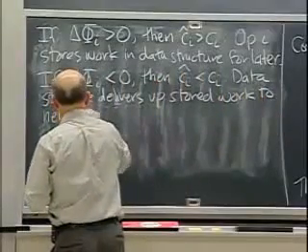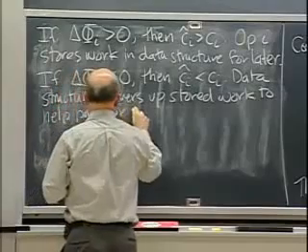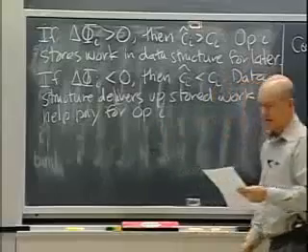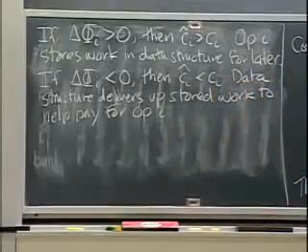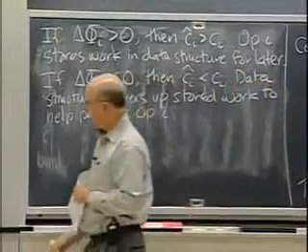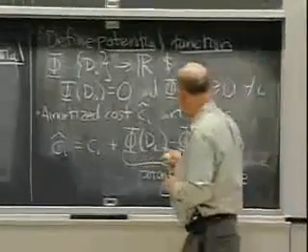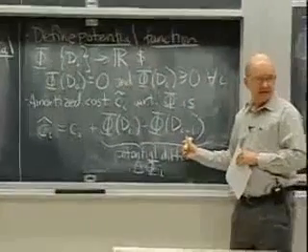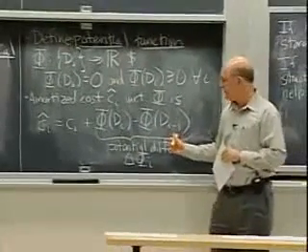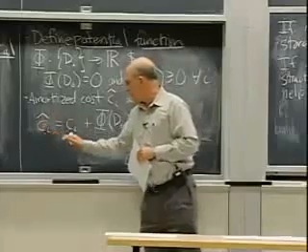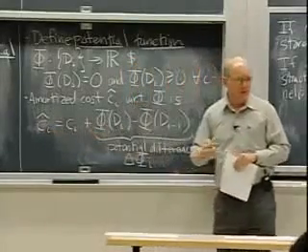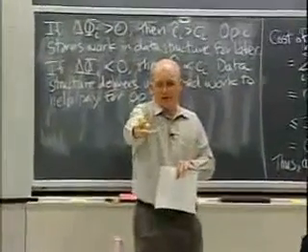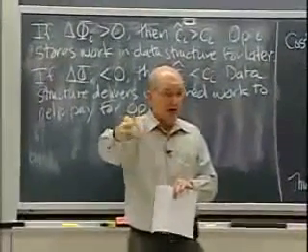Help pay for op I. Okay, for operation I. So if it's less than 0, that means my change in potential, that means my bank account went down, okay, as a result. And so therefore, what happened was the data structure provided work to be done in order, because the true cost was bigger than